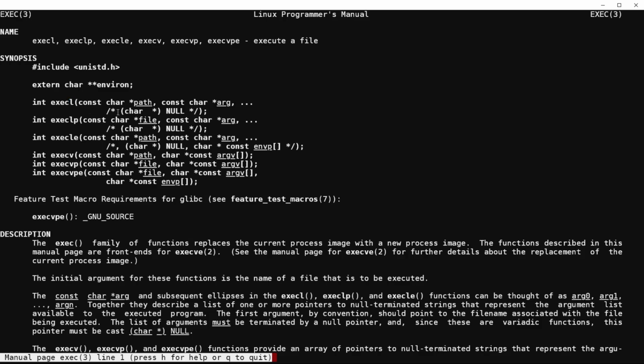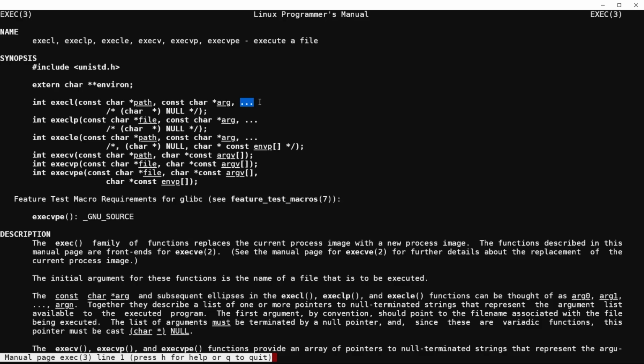The L variant actually takes a variable number of parameters, kind of like printf. With printf, you do a format string, and then you follow it with 0 or more variables depending on the format specifier. Well, in this case, exec L will take 0 or more parameters that follow the particular program